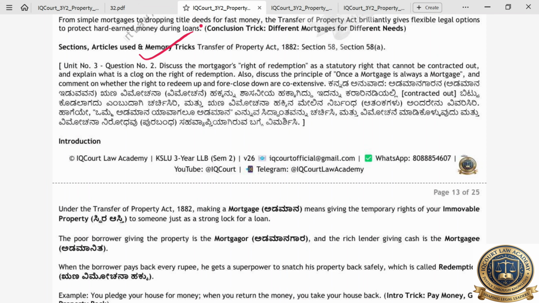Then question number 2 of Unit 3, right of redemption, statutory rights that can't be contracted out, and explain what is clause on right of redemption. Also discuss the principles of once a mortgage is always a mortgage, and comment on whether the right to redeem and foreclose